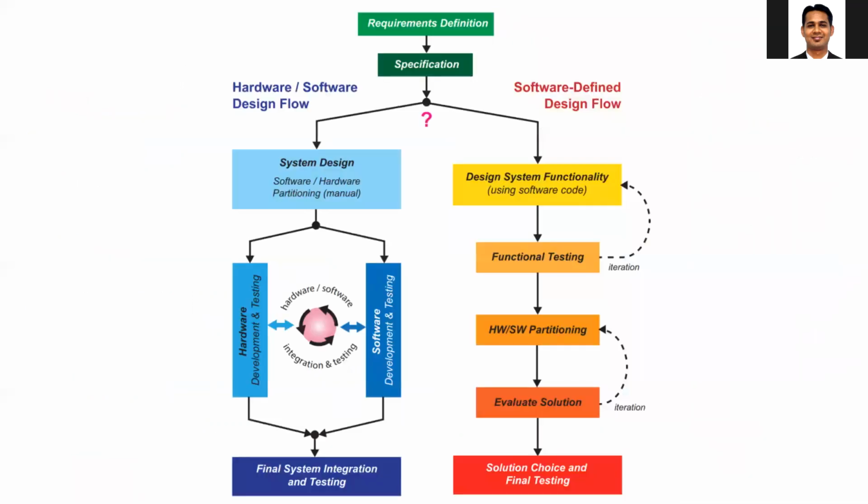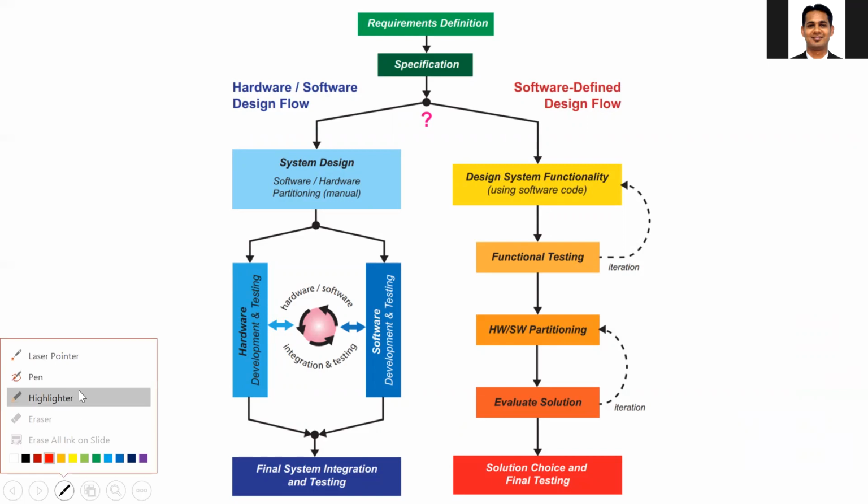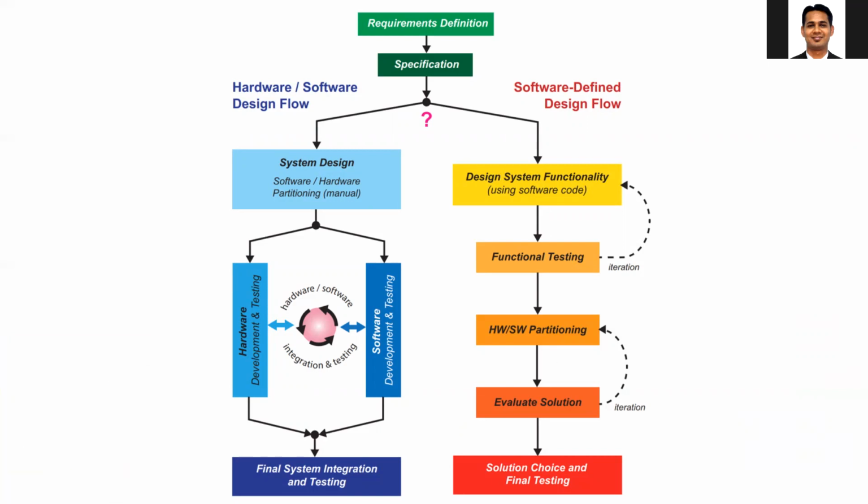So to program the Zynq SoC, you need to program the ARM processor, and you need to program the FPGA. To program the ARM processor, conventionally, you need to write C code or C++ code, which the compiler converts into assembly language instructions. On the other hand, to program the FPGA part, you can write Verilog code, or you can write VHDL code, or you can write C code, which can be converted to Verilog and VHDL via HLS, which is high level synthesis.